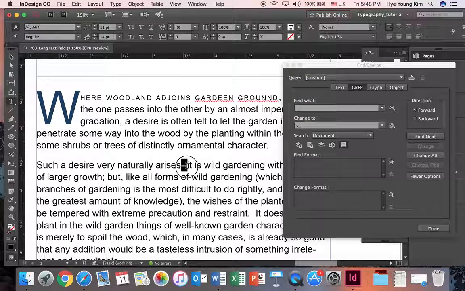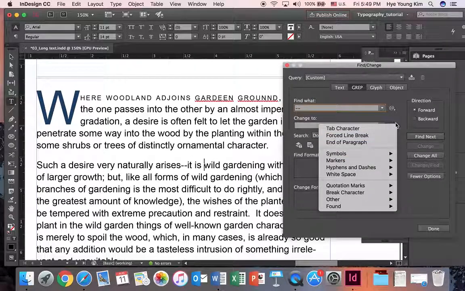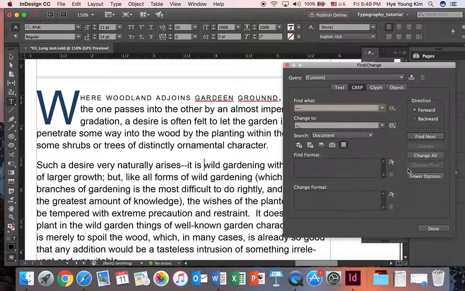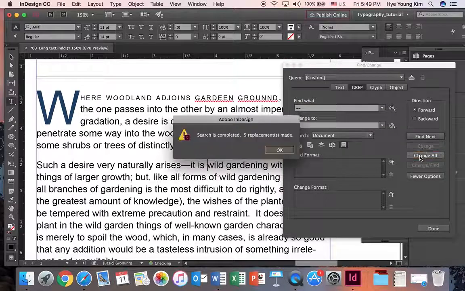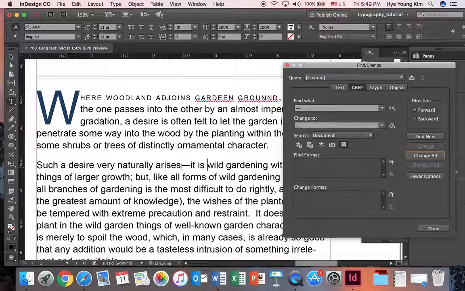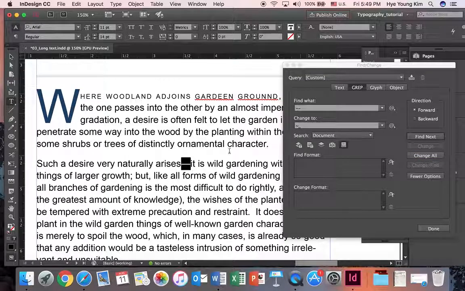You will see that next to the word arise there are two dashes, and you want to change them to M dashes. There's hyphen and dashes, M dashes. So this shows up, and you want to change all. Click OK. There are 5 replacements made. So like this,